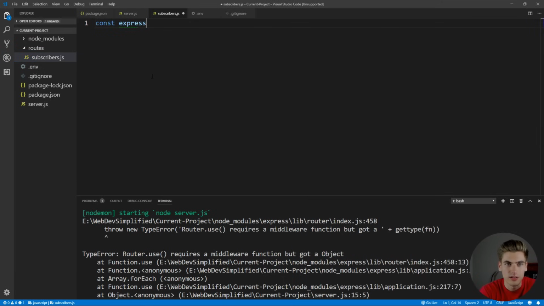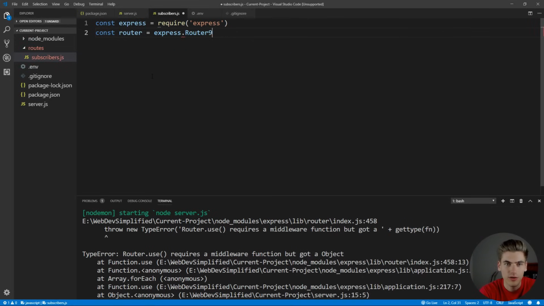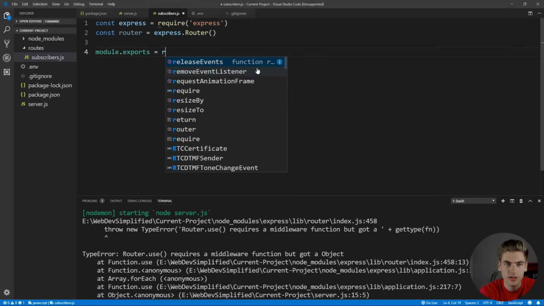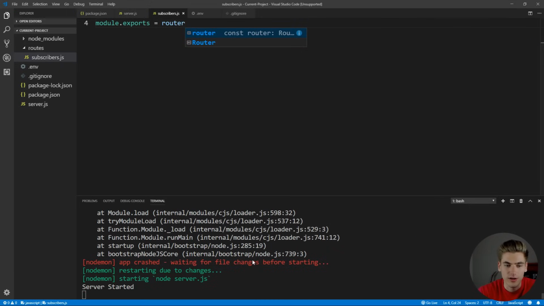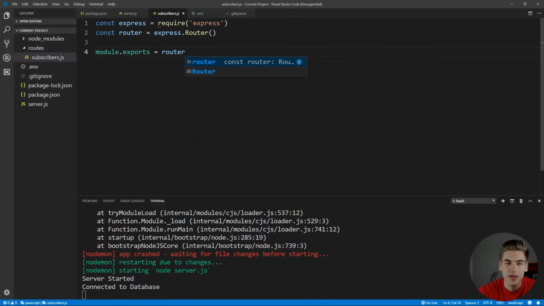We again need to use Express, so we're going to say require Express in here, because our entire application uses Express. And what we want is the router portion of Express. So we can just say express.Router, and this is going to get us the router from Express. For now, all we want to do is export that. So we can say module.exports is going to equal router. This is just going to fix our errors down here. And as you can see, we no longer get any errors and everything's working fine, but we have no routes